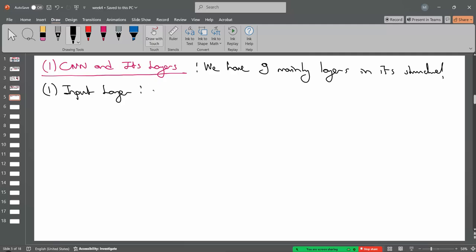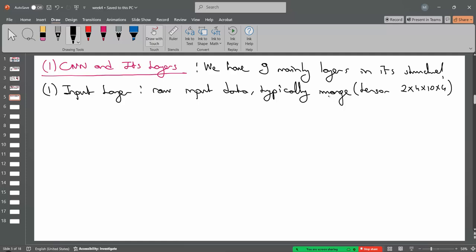And so the input layer contains the raw input data, guys, okay? Typically an image or a tensor, for example 2, 4, 10, 4. This is a tensor, but we can also use a 100 times 100 pixel image here,